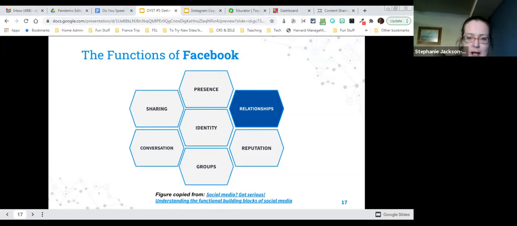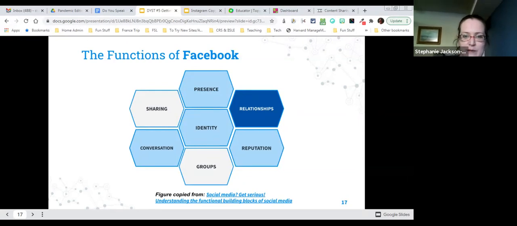But we've got other honeycombs here. And I would even argue, so this figure was copied from that research, which is already a few years old. And I think that the groups piece has become even more important and even more ingrained in what we do with Facebook, right? And so belonging to groups so that you can collaborate with others who share interests. I know that in the last few years, now that I've had kids, I've joined some mom groups and some teacher sharing groups, and those have become a lot more prevalent. So I would almost color that one in as well.